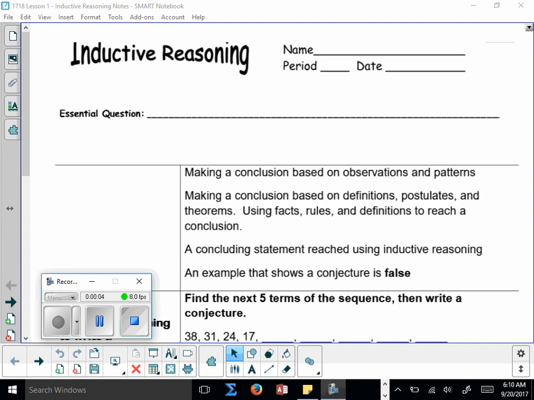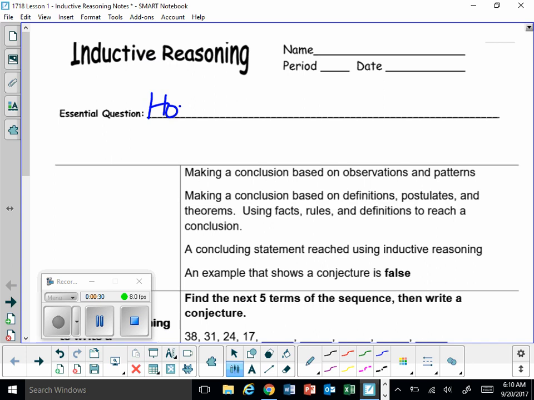So this is our very first lesson in Unit 2 on logic and reasoning, and we're going to talk about inductive reasoning to begin with. Most of this unit is going to deal with deductive reasoning. So inductive reasoning is just a brief introduction to the idea that we can make a conclusion based on patterns and observations. Our essential question for today is,